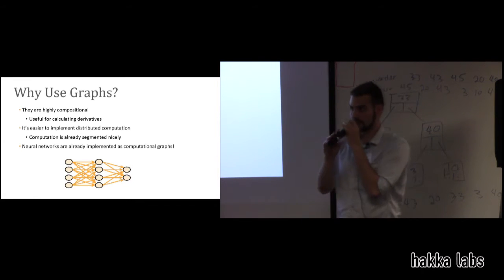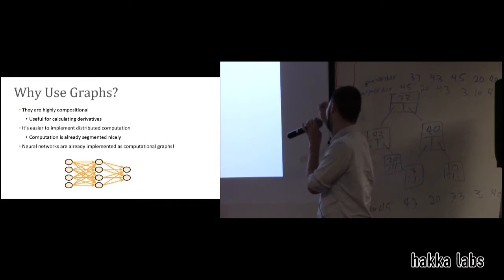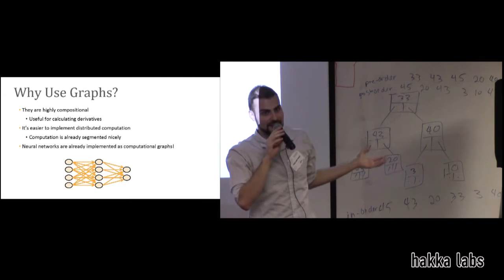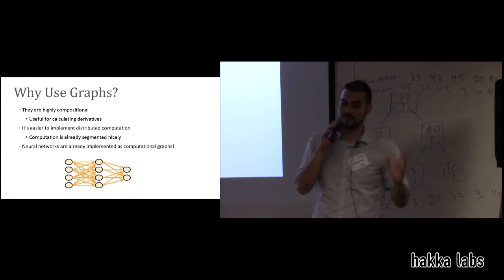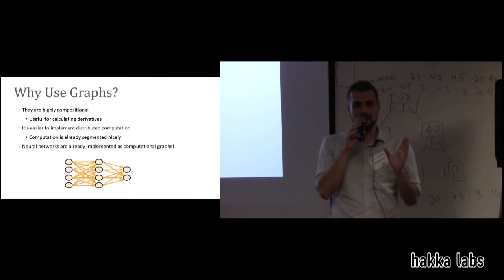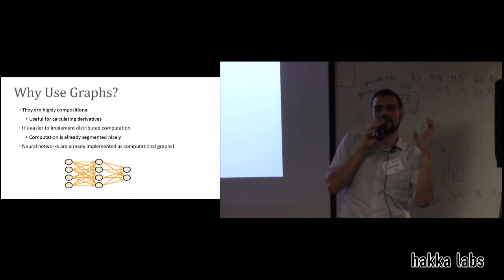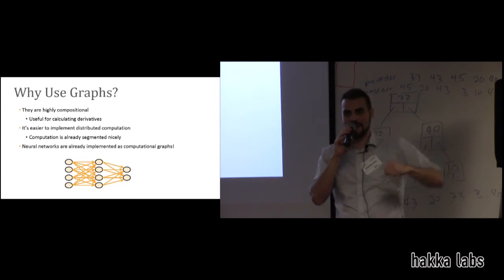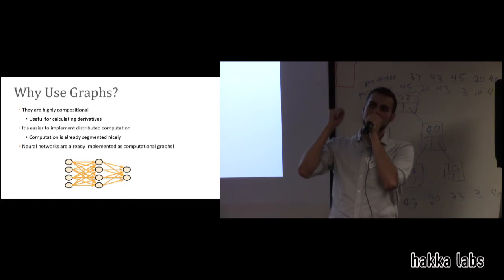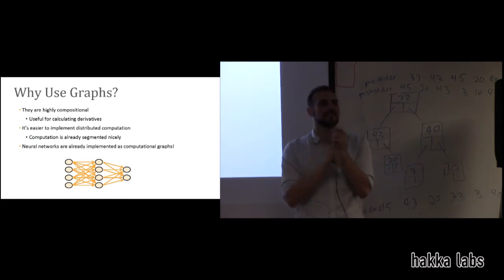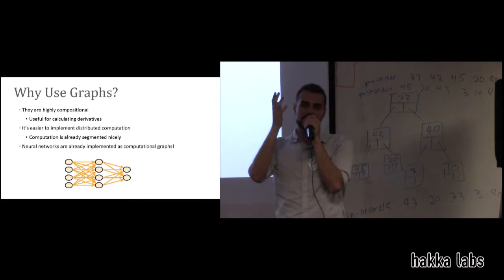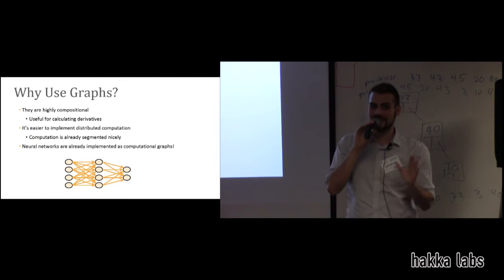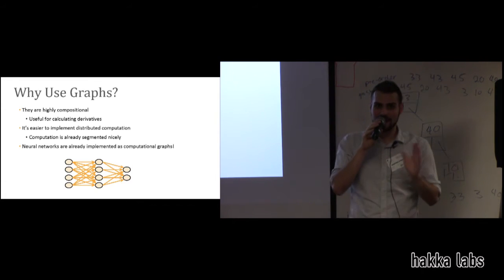Basically, what you can do with the chain rule, if you recall your chain rule, I don't want to pull out the whiteboard, but the idea is that we have a function f of x, and we have a function g of y, and then we have the problem of g of f of x. The goal is to get the derivative of g with respect to x, but we have this y in the middle. We need to figure out how we get there. The answer is you take the derivative of g with respect to y and multiply that by that of f with respect to x, and math happens, and you have what you want.